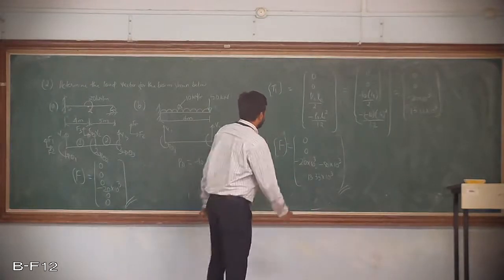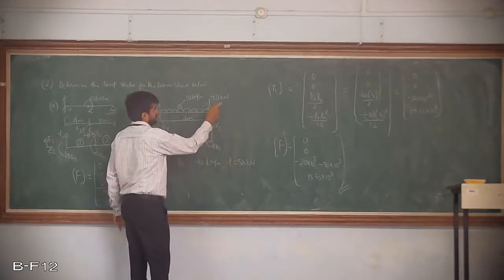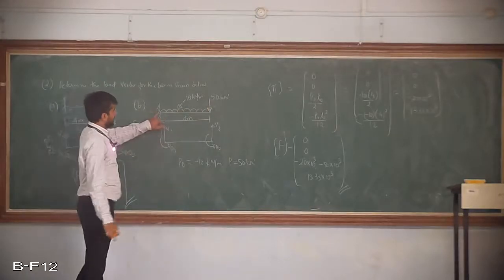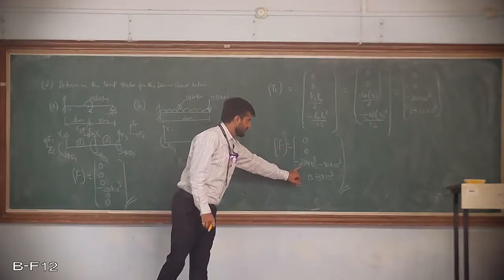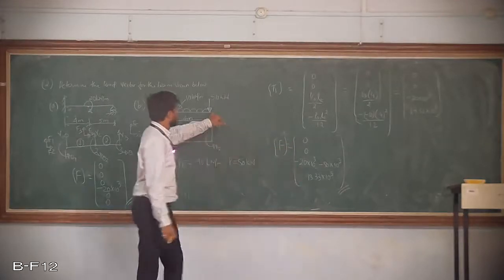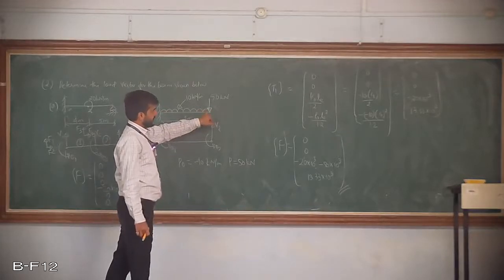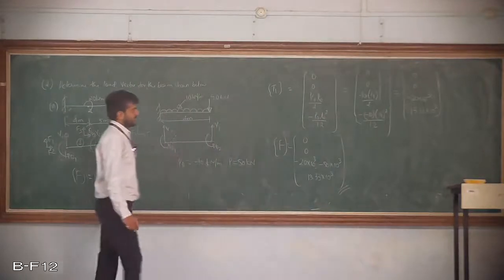At node 2, there is one point load as well as the UDL. But at node 1, the length is 0, that is why you are getting 0, 0 here. So the complete load is distributed at node 2, that is the combination of point load as well as UDL, and the last will be only 13.33 into 10 raised to 3.